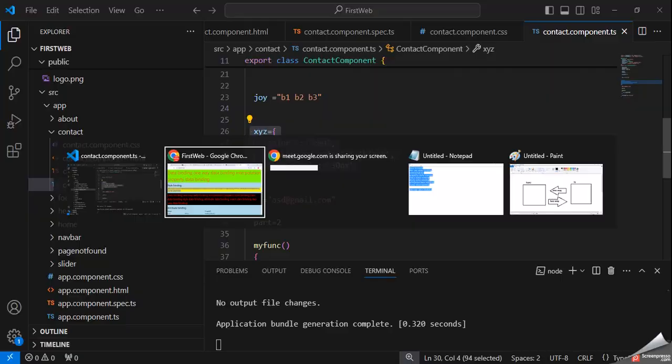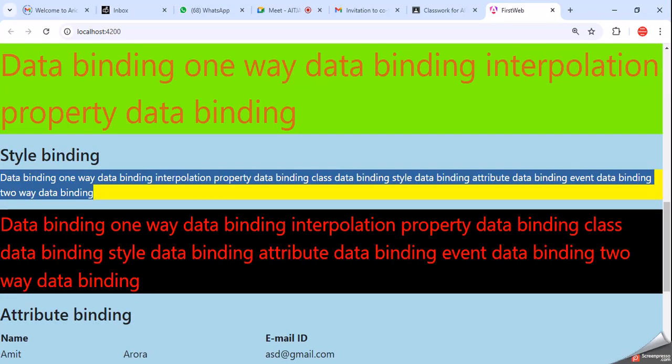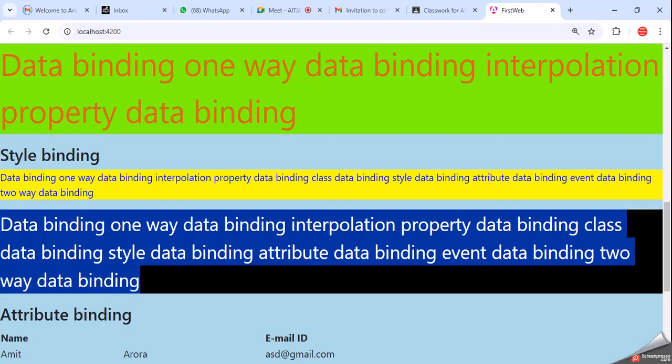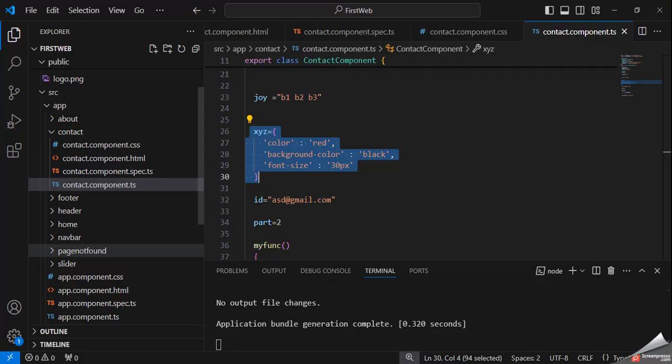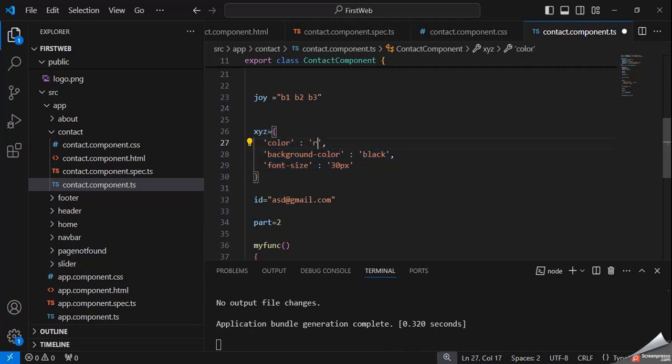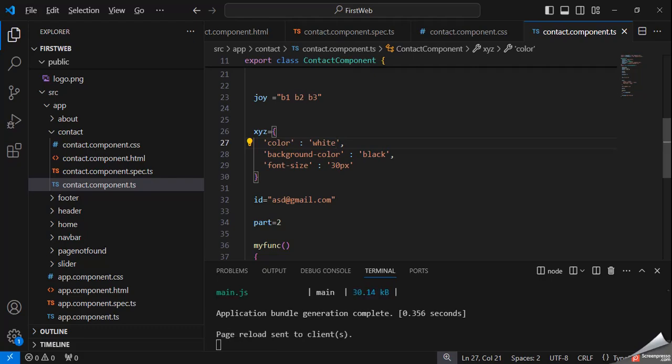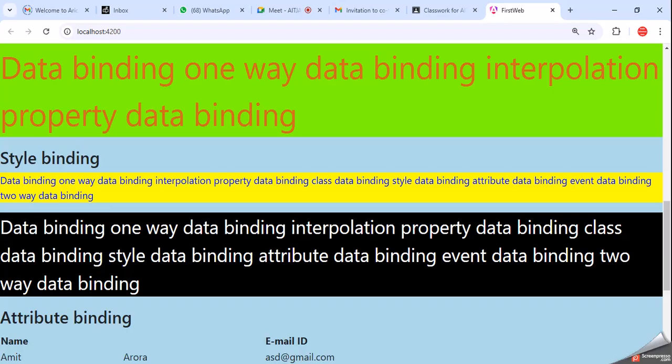So here you can see the background black, the text in red color, and size is 30. Okay, you can change it, like suppose here I have declared white. Okay, so you can see here that's white.